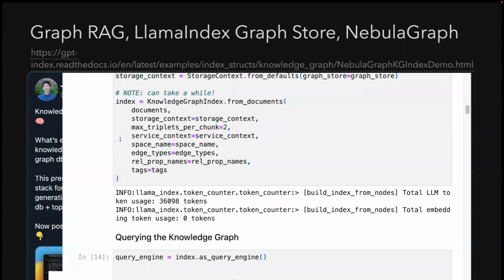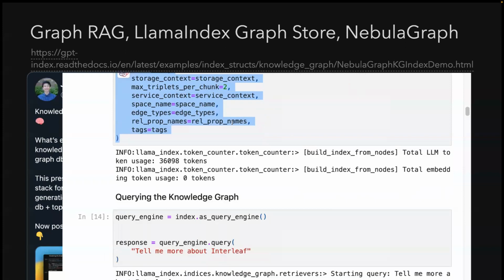This is the index creation of the graph store. We leverage LlamaIndex to extract the entities and the relationships between the entities from documentation and persist them in Nebula Graph, and then